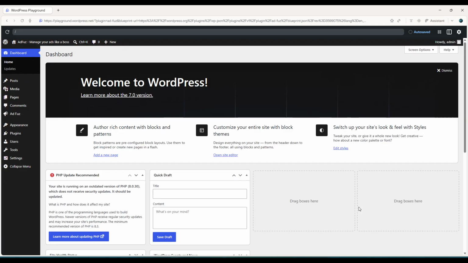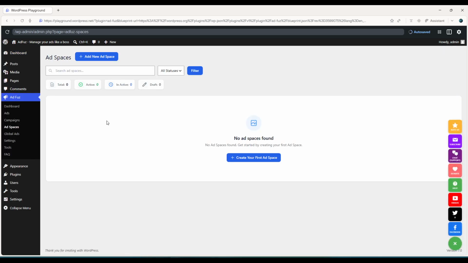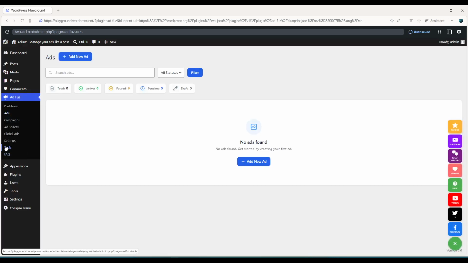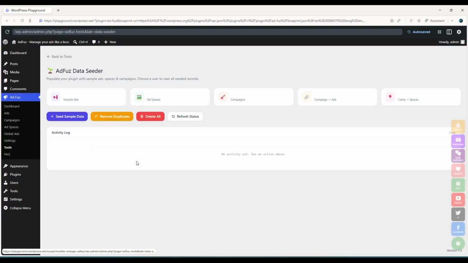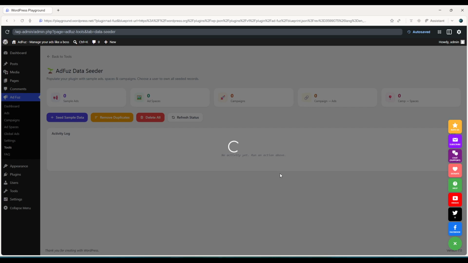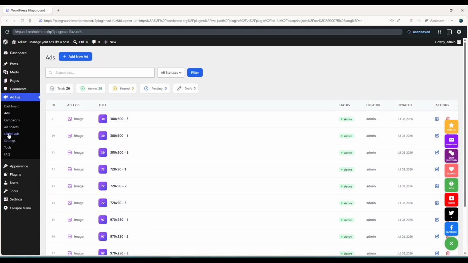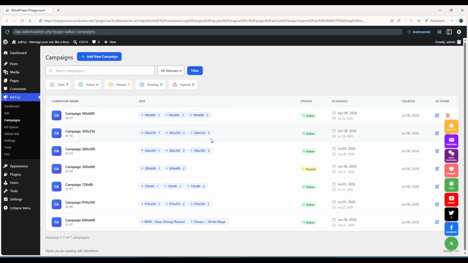Once the playground is ready, go to AdFuz and go to Ad Space. So currently we don't have any ad spaces or any ads. Let's seed the data so that we will get some sample data. So once the data got seeded, we can see the ads campaigning automatically assigned ads to the campaigning and ad